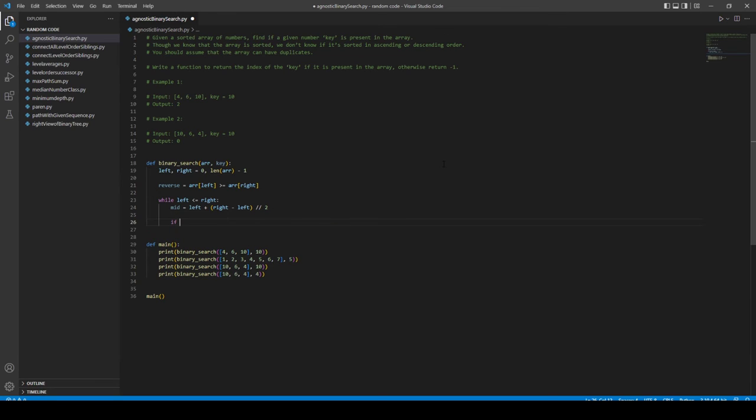And so from here we just do if array mid is equal to key, then we have found our solution, so we can just return mid, and then we can just exit there if we have found our